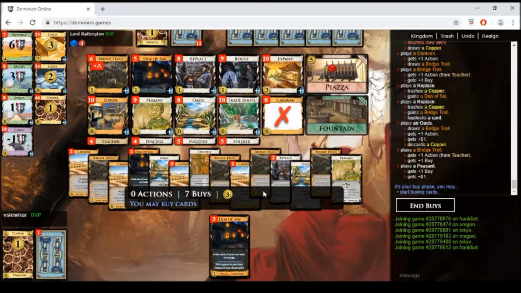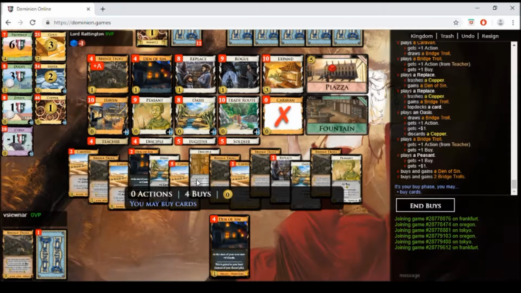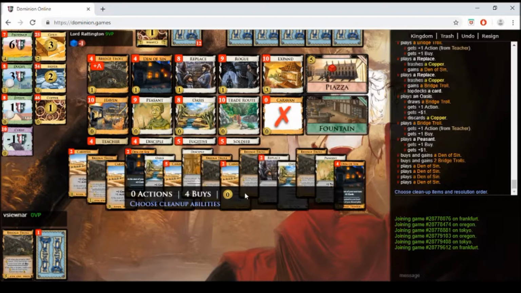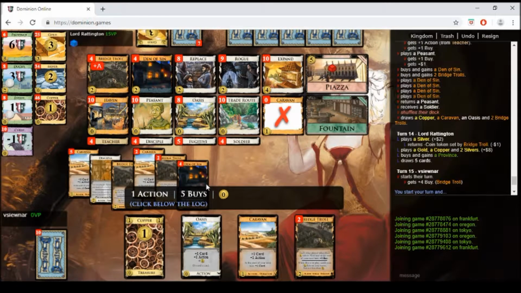So we need some draw. I think that's enough draw. And we take 2 trolls, and that should put us where we want to be. That is, namely, ending the game here. So 1, 2, 3, 4. Sad part is our disciple is out there, but it's fine. I start my turn and